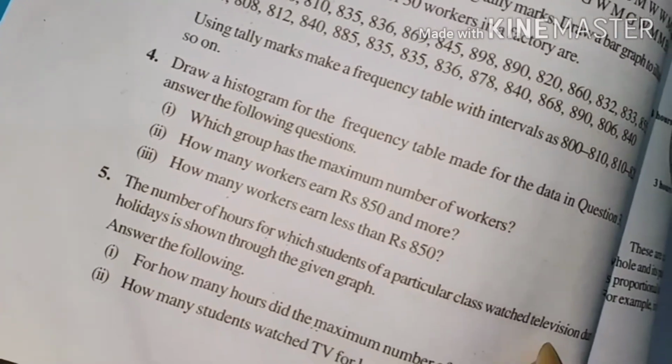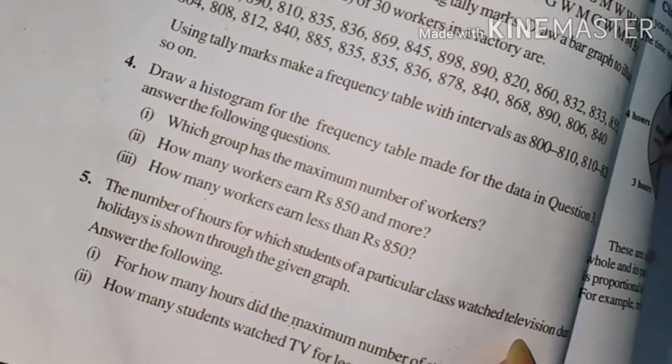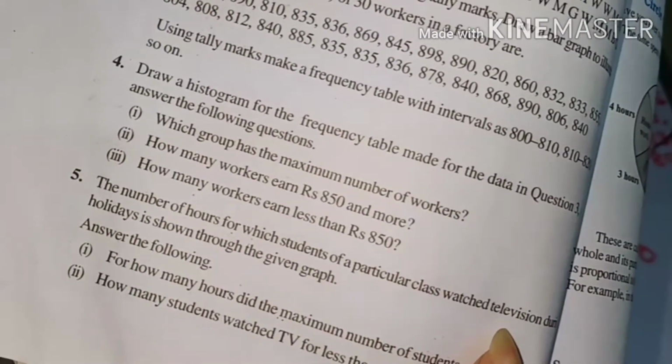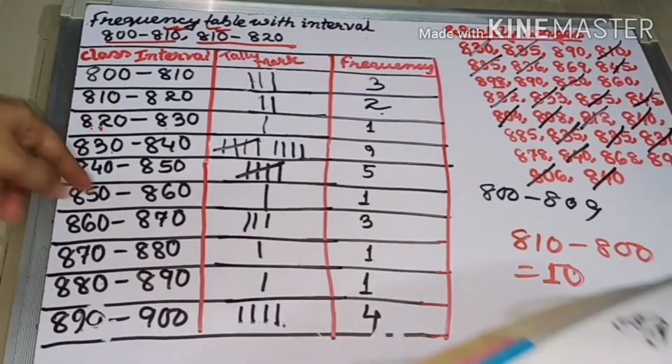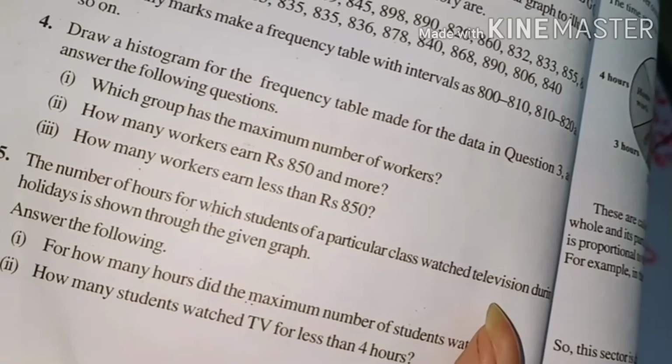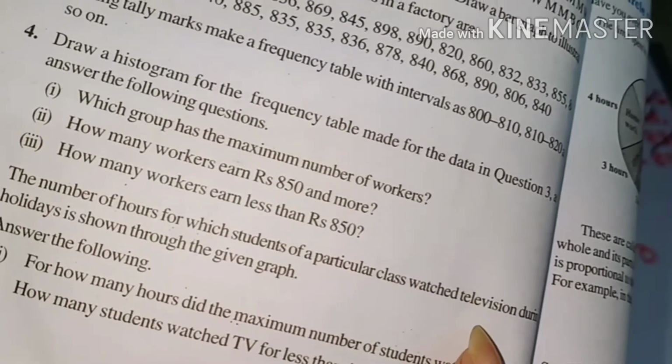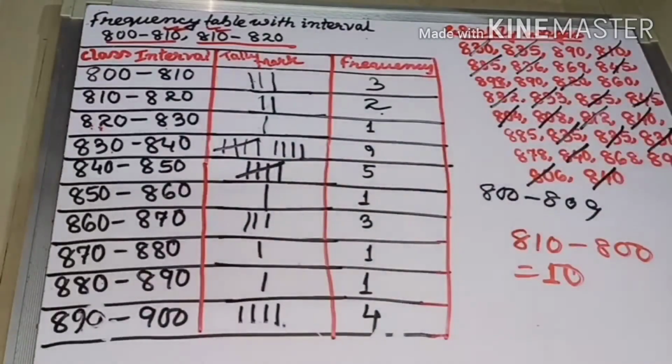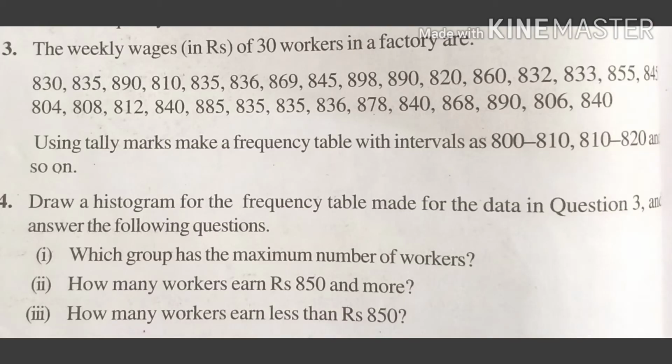Draw a histogram for the frequency table for the data in question number 3. That means this question, okay? This question, and answer the following. That means you have to draw the histogram, right? Okay. So the next question is, draw a histogram for the frequency table made for the data in question number